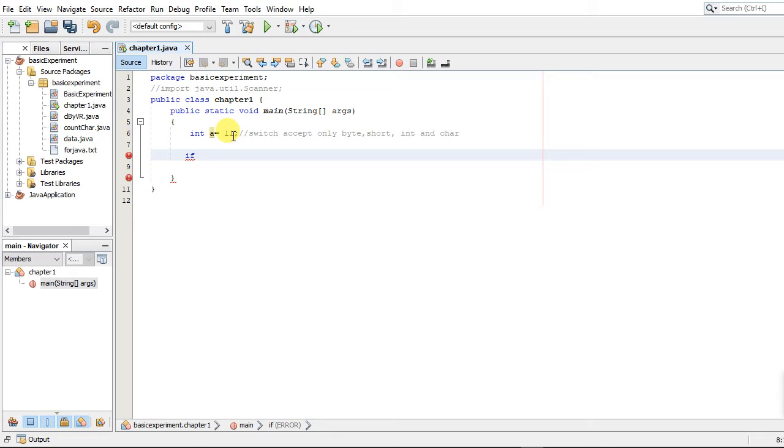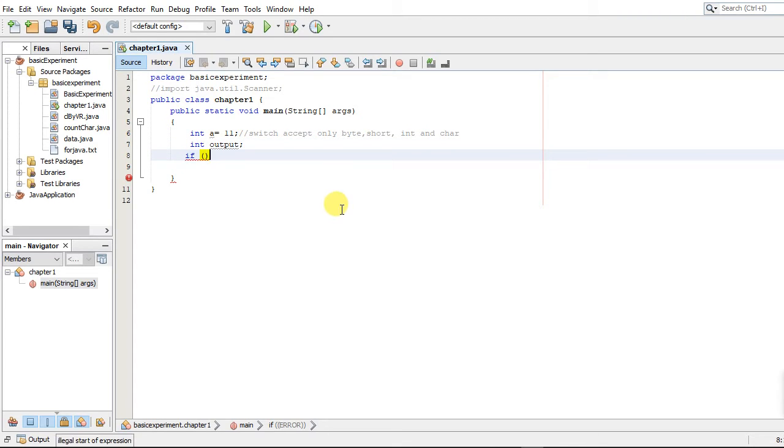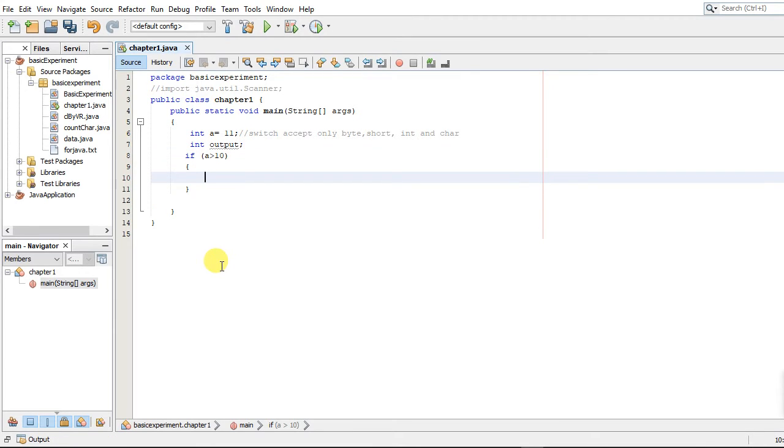Alright, let me take another variable. Integer output. Okay. Integer output. If. What is the result there? Okay, so if the value of a is more than 10, if the value of a is more than 10, then output is equal to